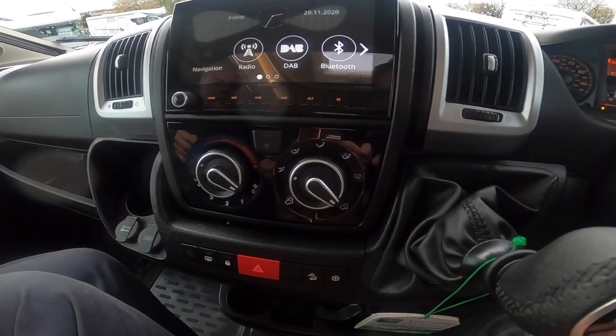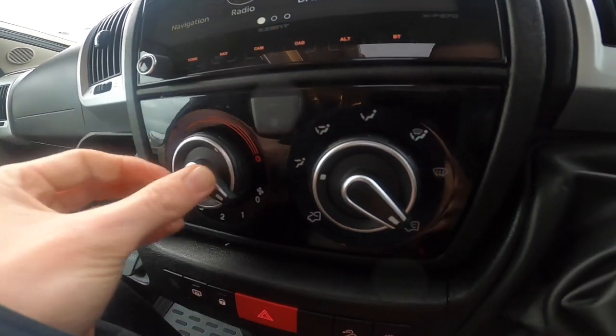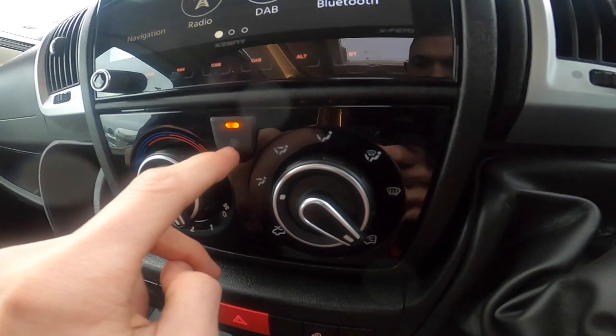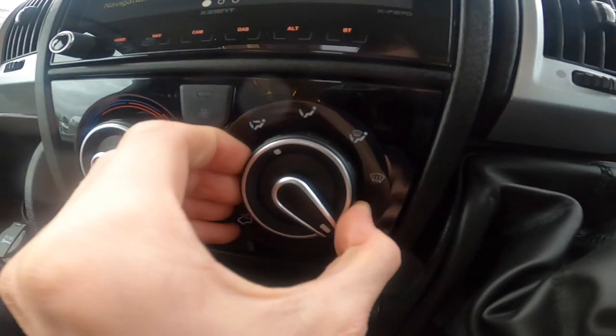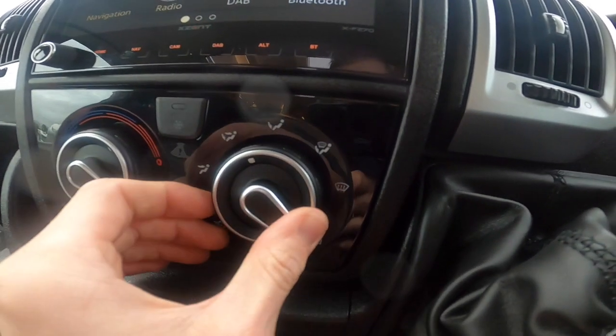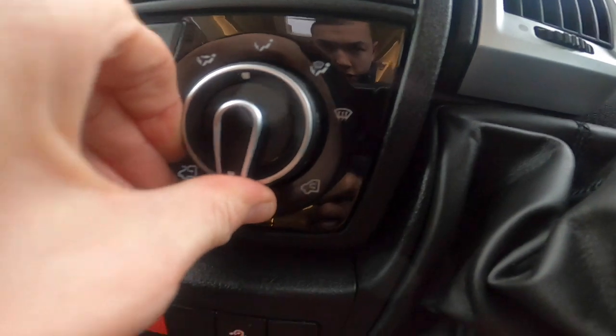And then underneath your head unit you do have your climate control, so you've got your temperature on the outside ring, fan speed on the inside, must be on at least one or more for the aircon to work, which the light comes on like so. And then you've got your distribution, so where you want it to go to, either your screen, your face, your feet, or both. Then you've got recirculating air within the motorhome, or